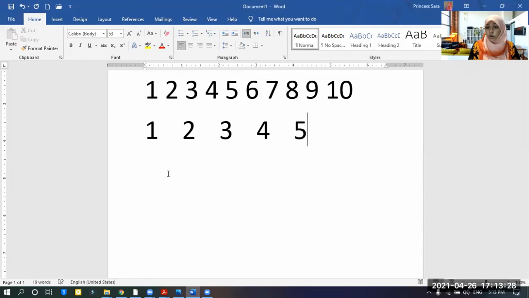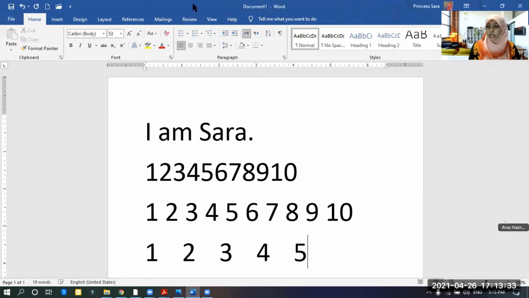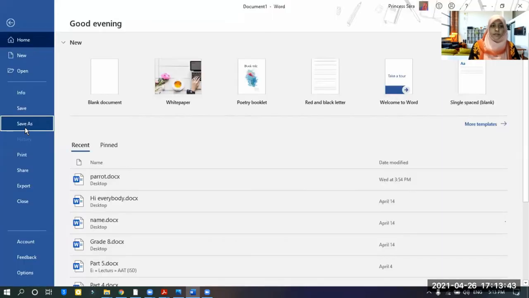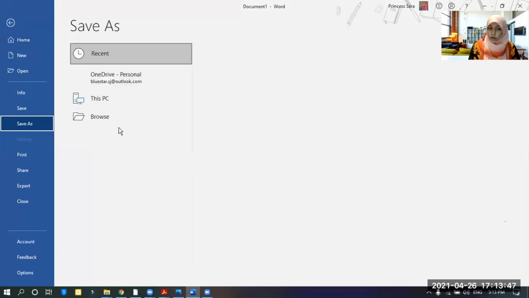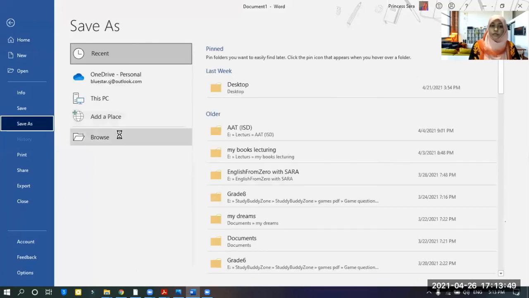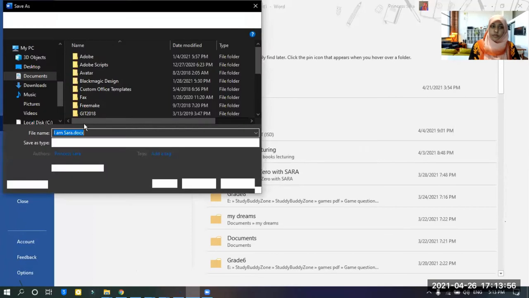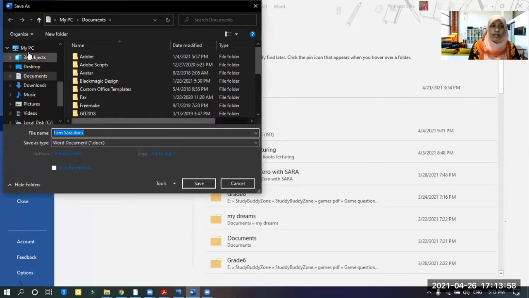Now let's save this document. This is called a document, right? If we draw something in Paint, it is a drawing. This is a document. So how to save this document? Go to File, go to Save As, select Browse, and from here select the place you want to save.